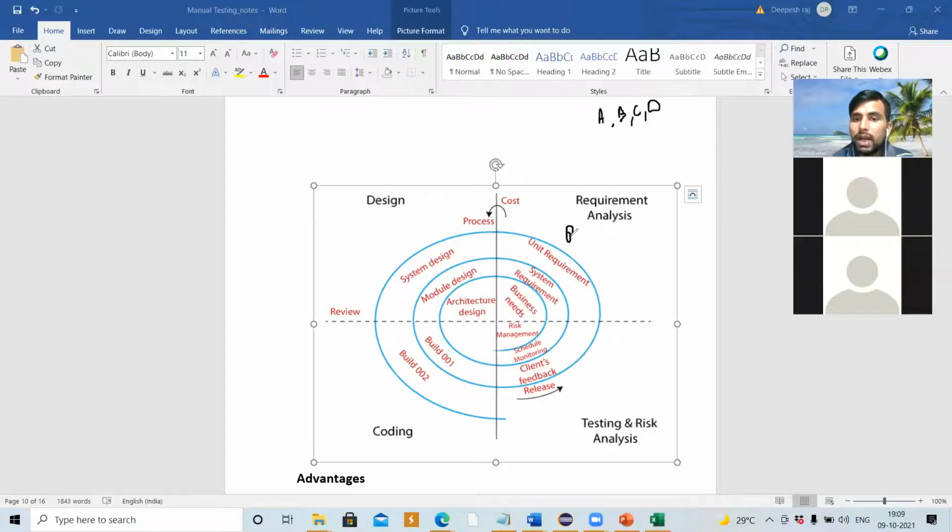So we will start what? Module by module, we are going to develop the application and hand it over to the customer. First we will do a requirement analysis of A module. Once we complete the requirement analysis, we'll start what? Designing of what? Here feasibility, cost, process, everything is going to follow up.